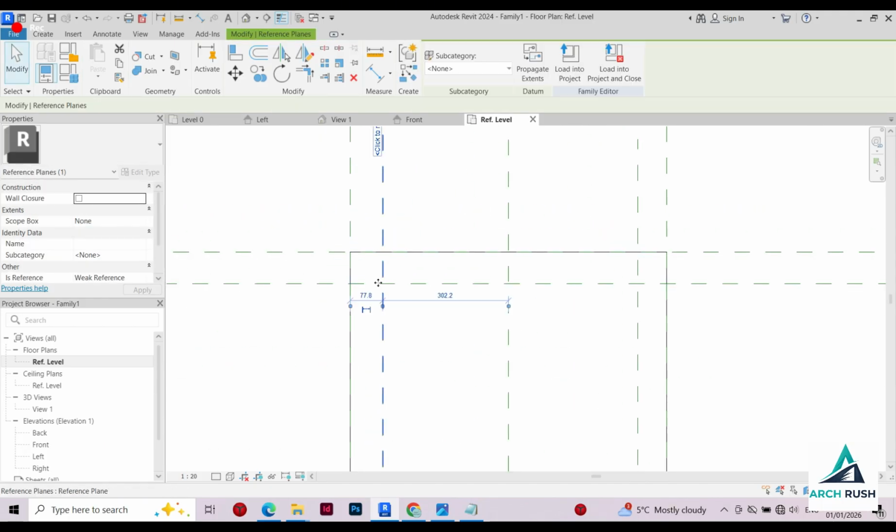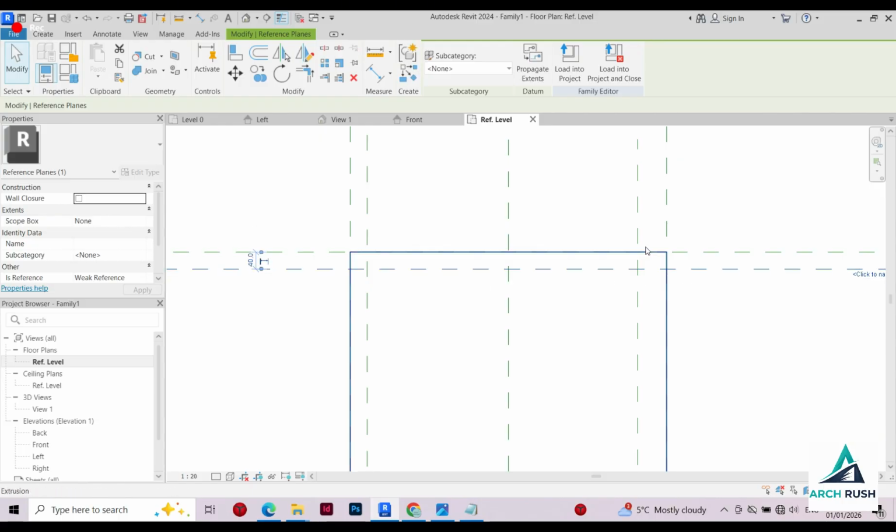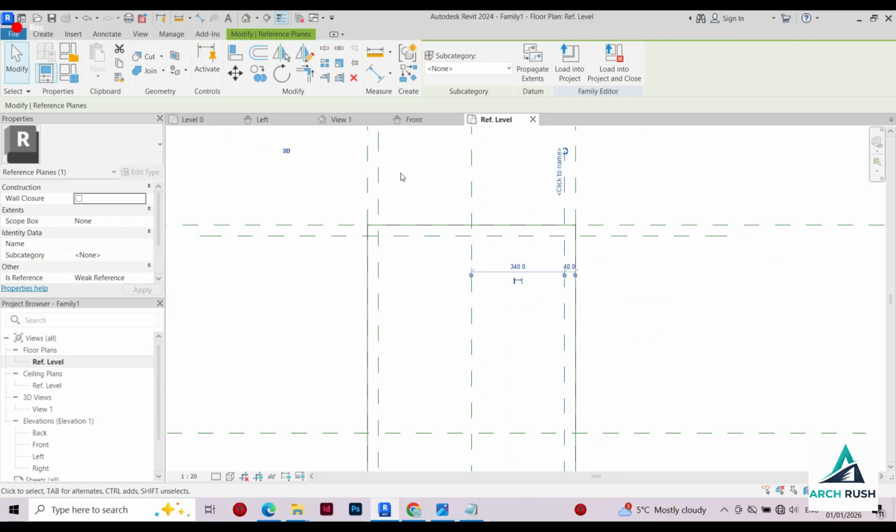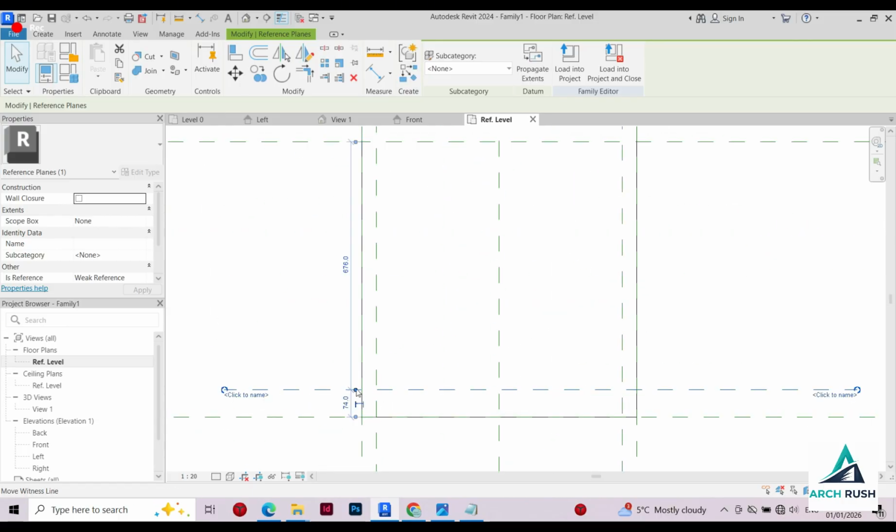So I'm gonna change the temporal dimension to maybe 40, and here as well 40, here 40, and here I'm gonna make 40,